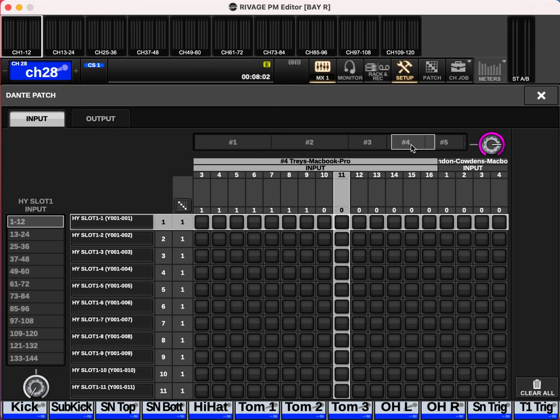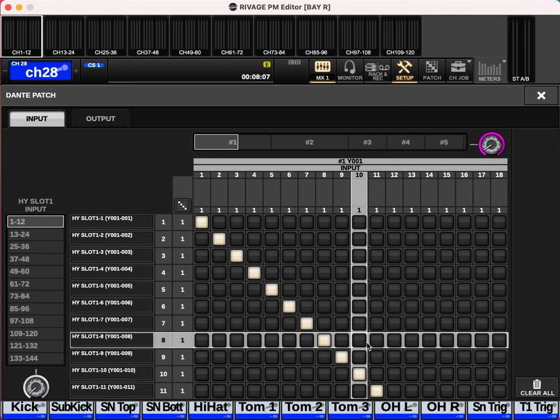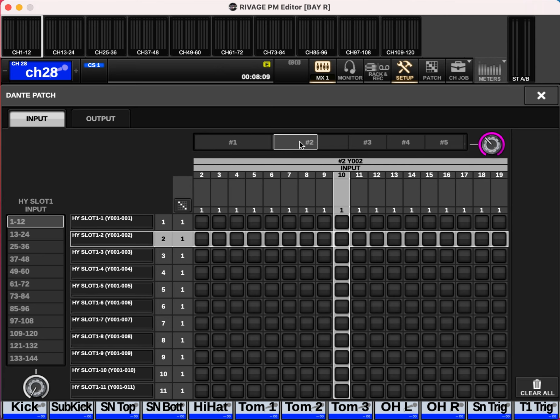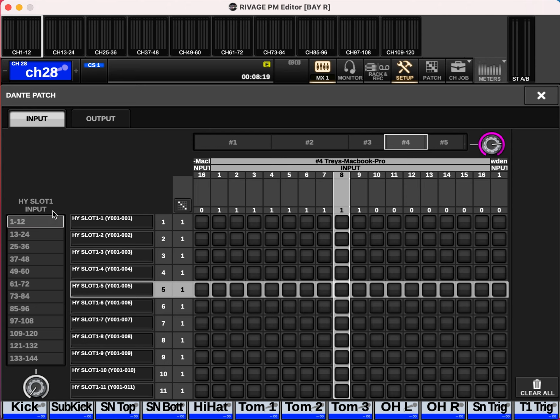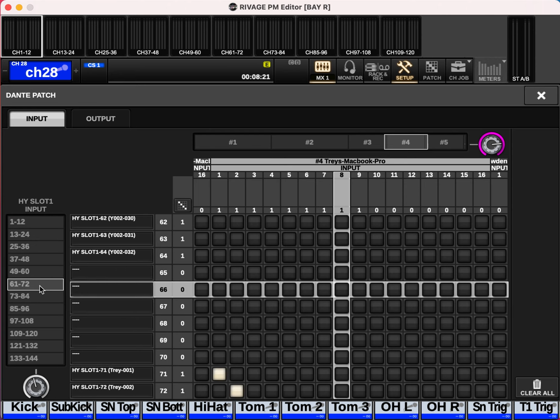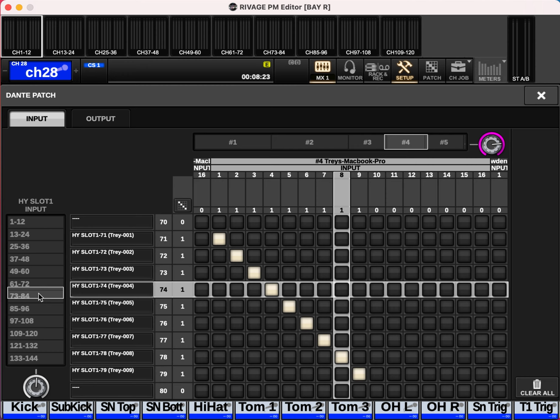So you can see right now it looks like there's nothing patched into all this. If you go back to number 1, you can see it kind of goes down, but beyond that we really don't have anything patched in here. And that's because all of our patching specifically for our main sanctuary is done on HY slot 1, but it's done on number 71. So if I go down here to 71, you can start to see that